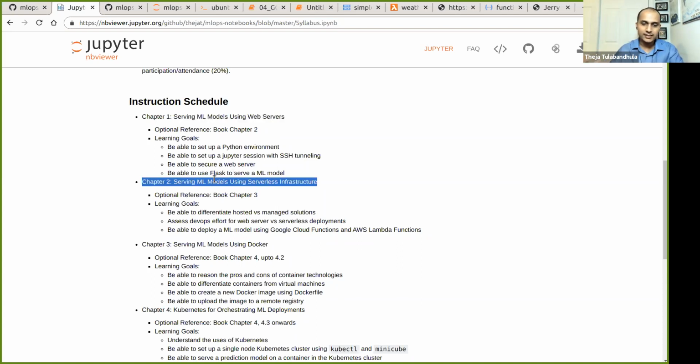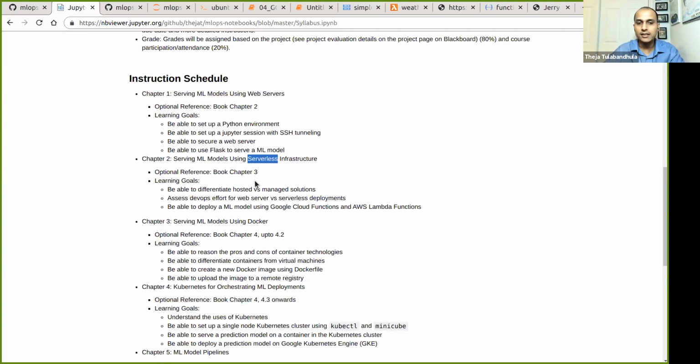And then recently, last lecture and this lecture, we've seen how to use serverless infrastructure, in particular Google Cloud Functions as well as Lambda Functions. Okay, these serverless techniques have some pros and cons. The pro is that you just care about your code and setting up the requirements document or some config information, and you don't care about which machine it's running on, and many other things that are needed to get a server going, right? And we did that in the first session. But there are also cons.